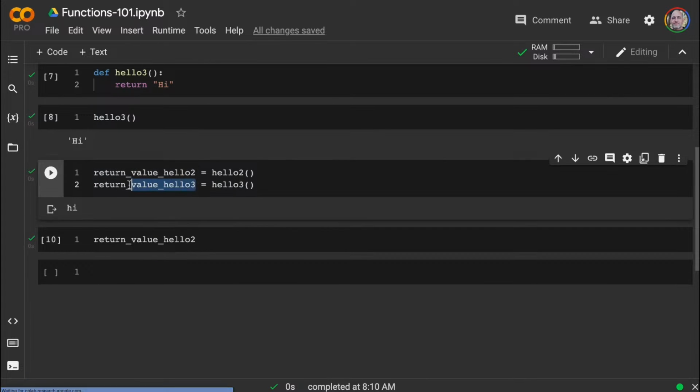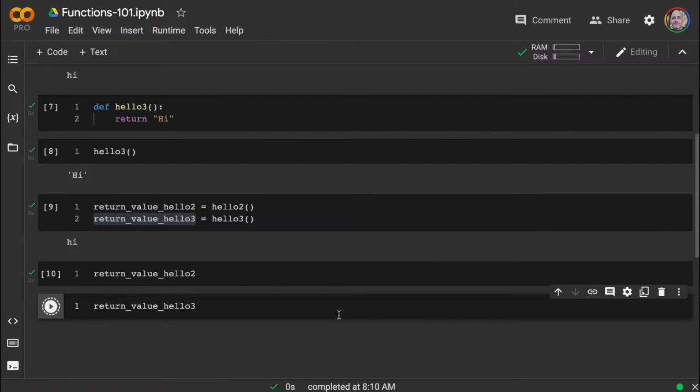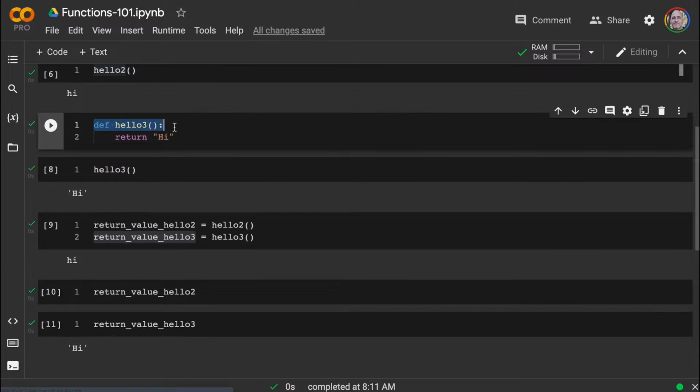But if I look at the third right here, we can see that there is a return value, and it's high, right? So that's really the essence. You can have a function that does something inside, which is a unit of work, or you can have a function that returns back something, or you could even do both, right? You could do some work and then you could return back. I personally think that this style here is generally the way to go, so that there isn't necessarily some side effect to the function. It's doing some work and then returning back the result.